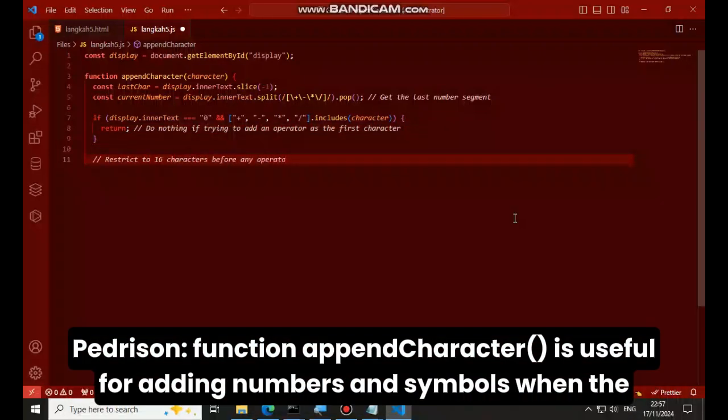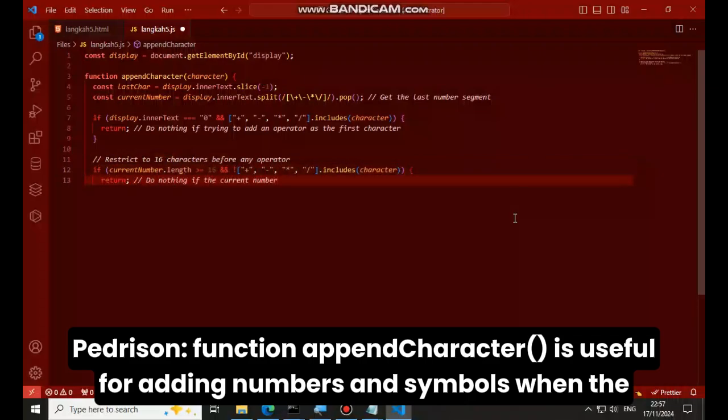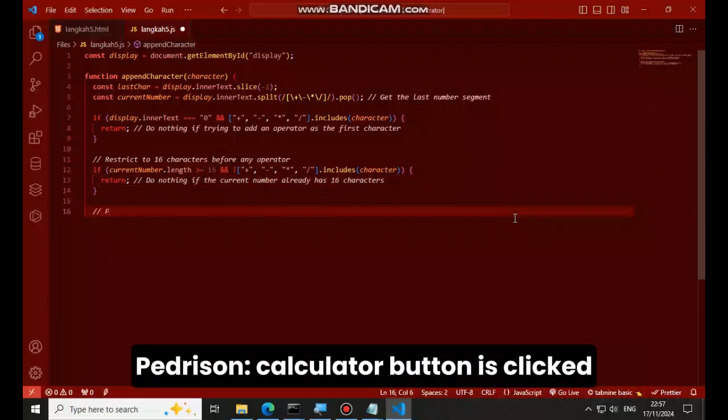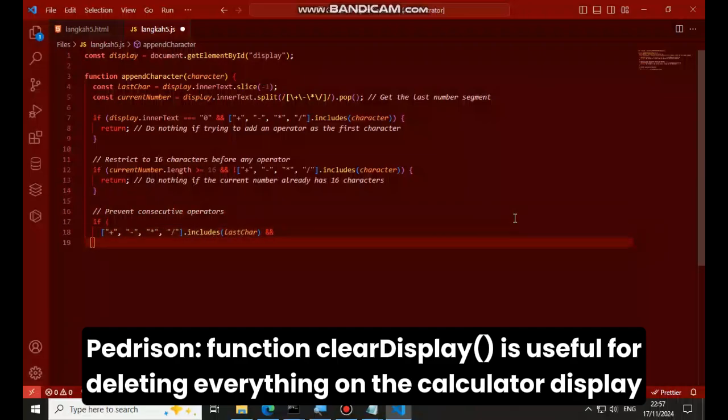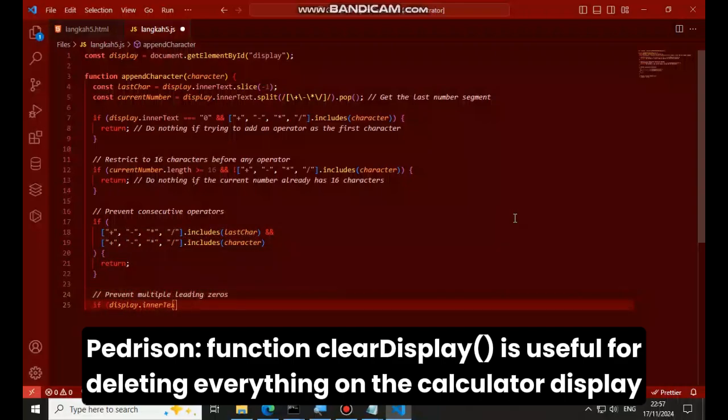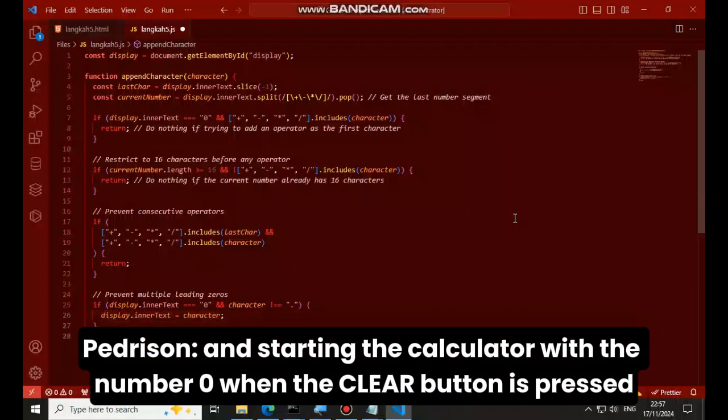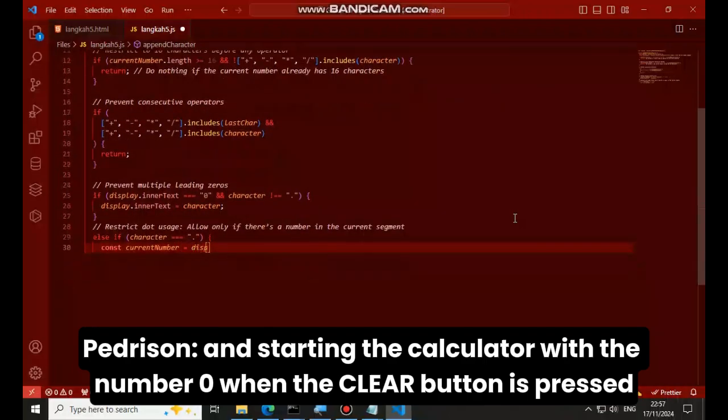Function event character is useful for adding numbers and symbols when a calculator button is clicked. Function clear display is useful for deleting everything on the calculator display and restarting the calculator with the number 0 when the clear button is pressed.